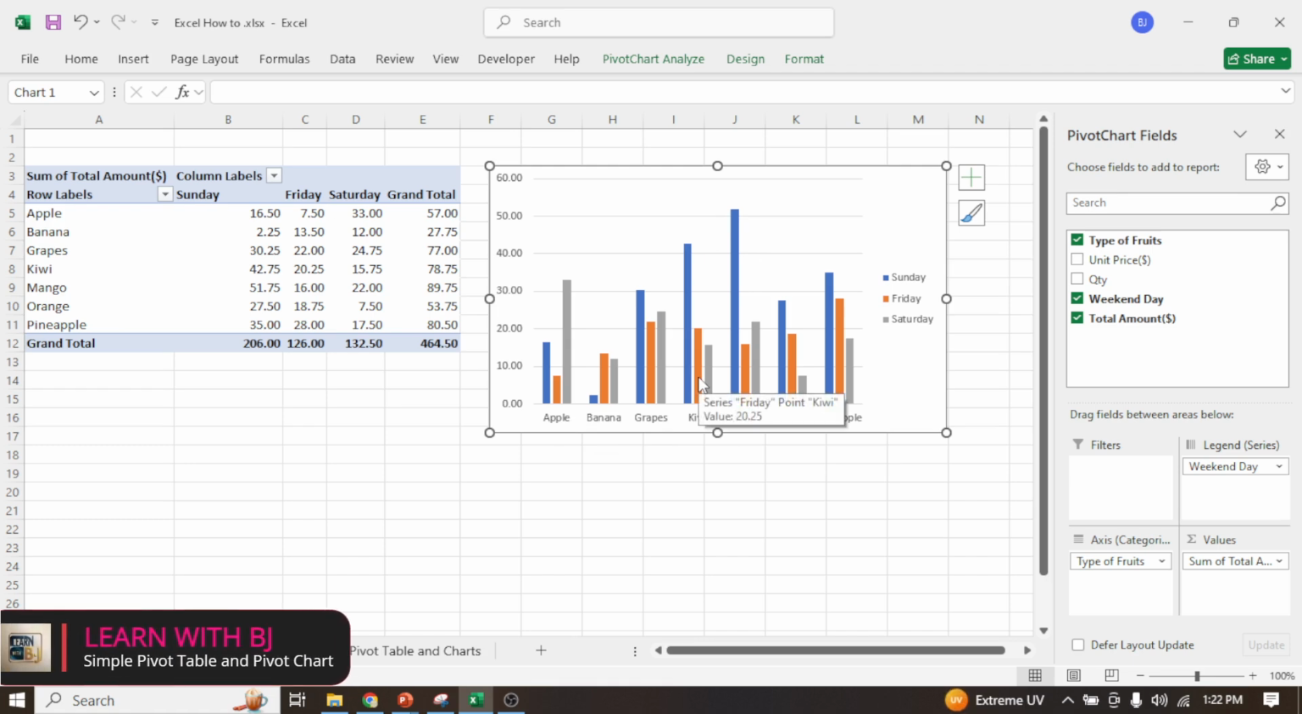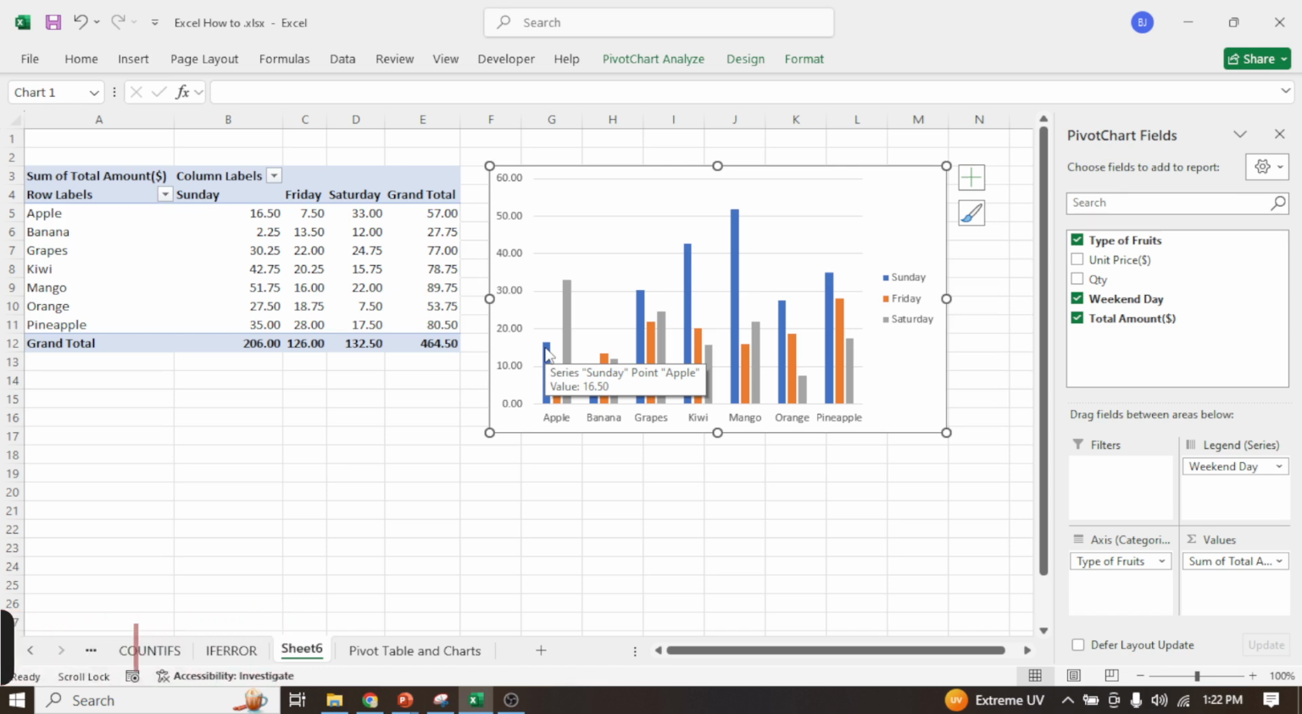So on the chart we have type of fruits, and then we also have these bars showing the total amount within a given weekday. Like now we have apple. So apple on Friday we had this value here. So what we need to do is to add